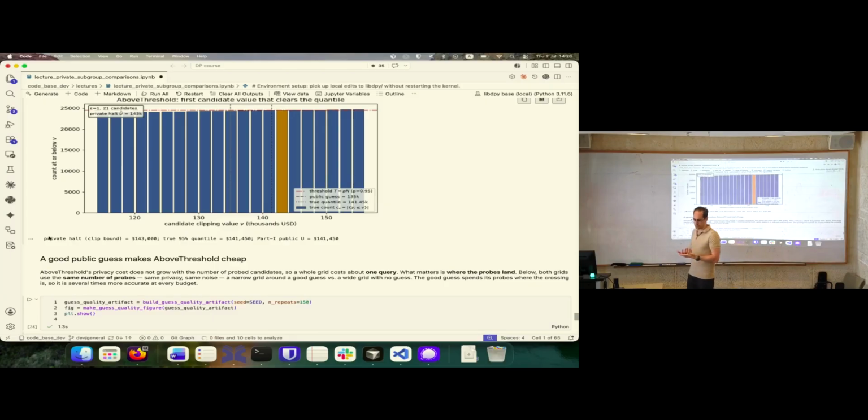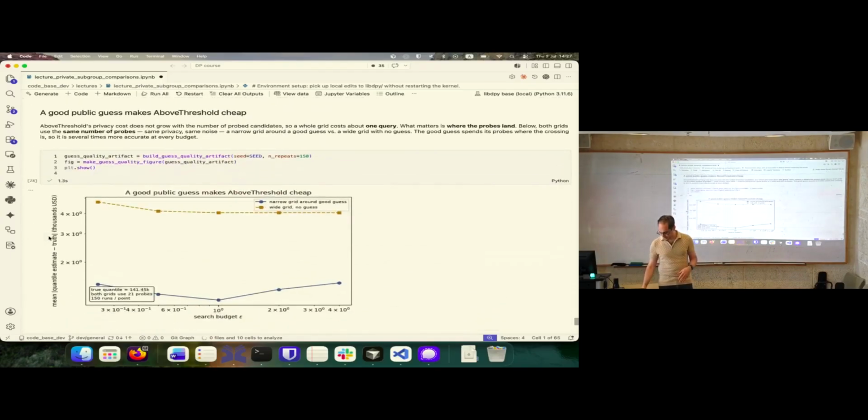But then I wouldn't fine-tune, because my data doesn't have any extra information. So I assume I have some private information I want to fine-tune on. Fine-tuning is a great example where the foundation model typically has a good guess, right? Because typically you don't fine-tune on something the foundation model knows nothing about, because then it's no longer fine-tuning, it's training. And the result is that we can do all sorts of things like above threshold, etc.